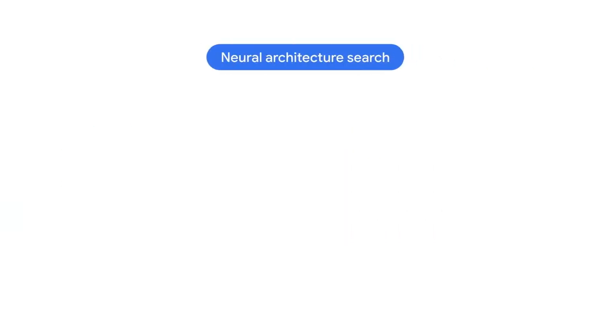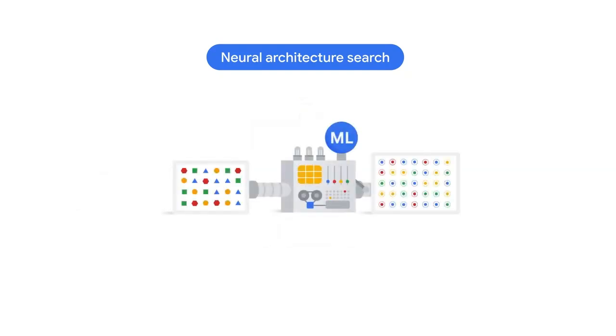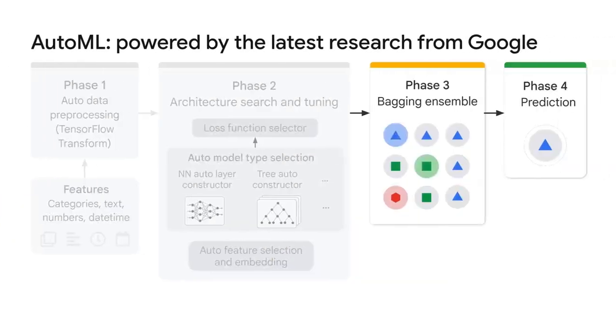Now let's look at neural architecture search. The goal of neural architecture search is to find optimal models among many options. Specifically, AutoML tries different architectures and models and compares against the performance between models to find the best ones. For instance, AutoML can search through multiple advanced ML models and automatically tune the parameters to find the best fit for your data. In Phase 3, the best models are assembled from Phase 2 and prepared for prediction in Phase